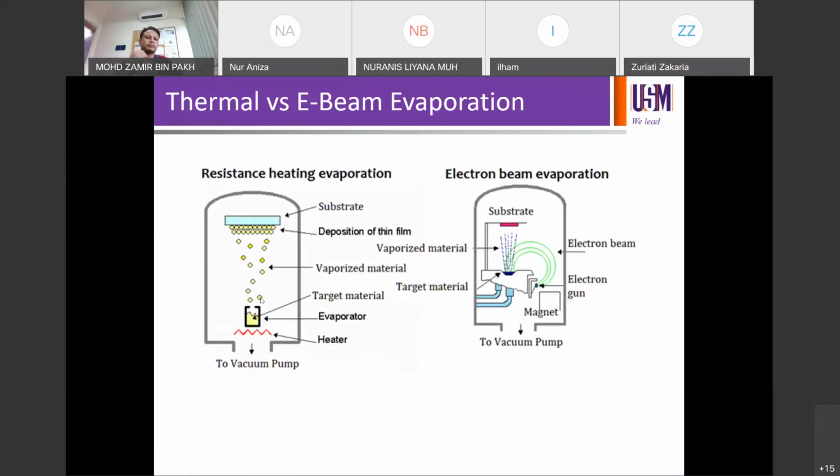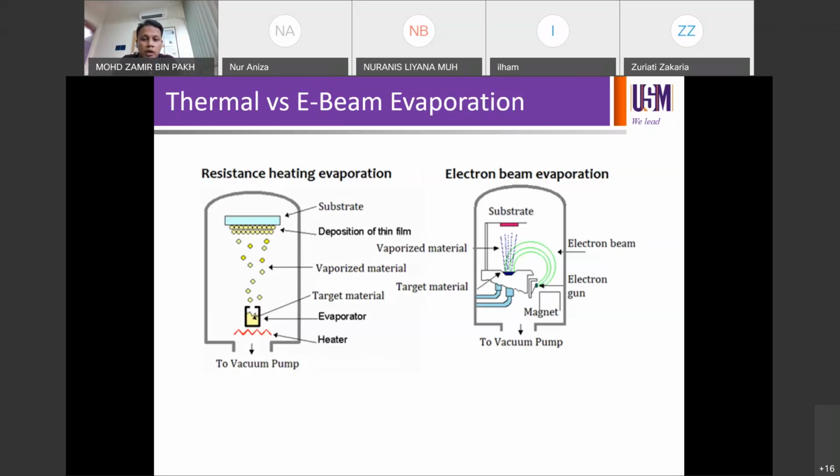Okay, now let's go back to the slides. All right, so thermal versus e-beam. Thermal is on the left and e-beam is on the right. Thermal is based on resistive heating or Joule heating. You can see different configurations of both systems. The one on the left, thermal evaporation, uses current to melt the sample, and then you're going to have your evaporation right to the substrate. And for e-beam, you use an electron beam, as the name implies. The beam has to be generated, and then it has to be bent by 270 degrees to heat the precursor material before you can have your